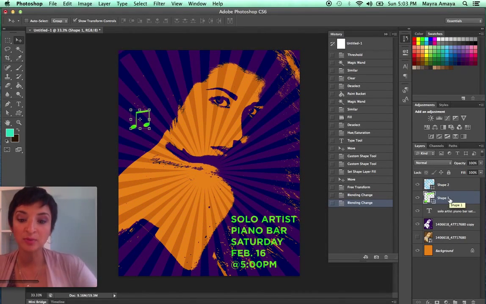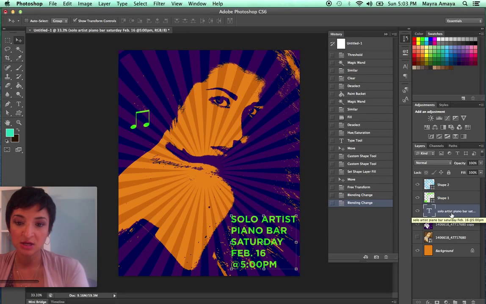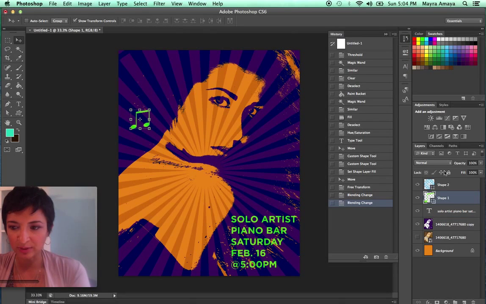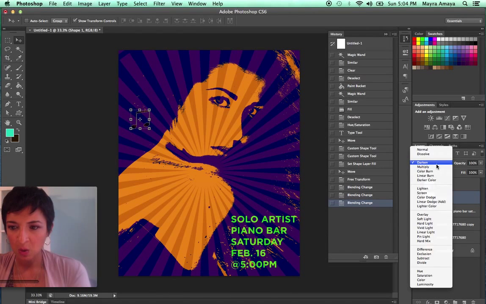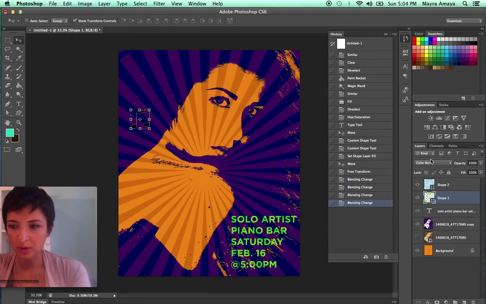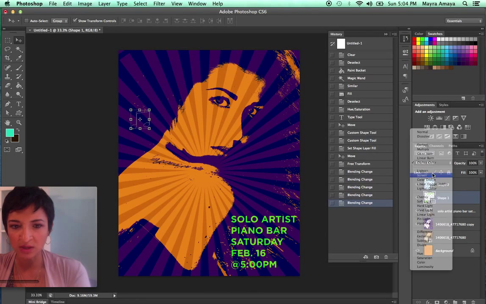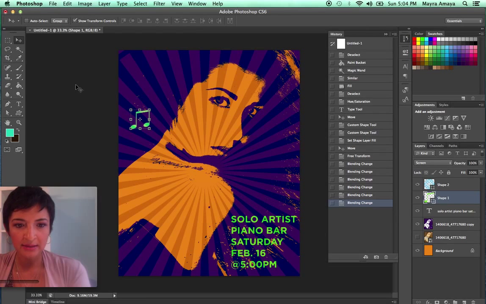I mean, you can come up with some really cool effects. So you can play around with those shapes, and that's just a little bit too bright. Maybe you want to give that a darken or color burn. You just go and see which one works the best, and that's how you're going to create your